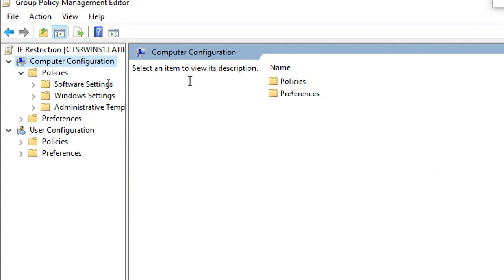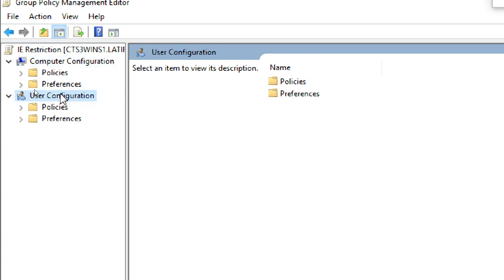If you apply a policy on a computer basis, you must restart your system. Restarting will take time, so that's why I configure in user configuration. I'm not doing it in computer configuration, I'm doing it in user configuration only. Please look at that. If you do settings in computer configuration, you must restart the client PC.